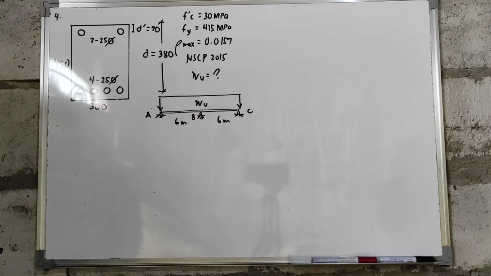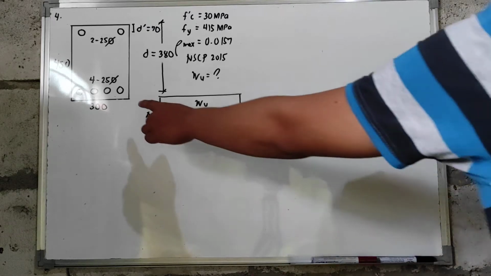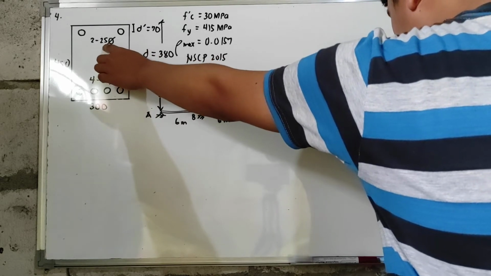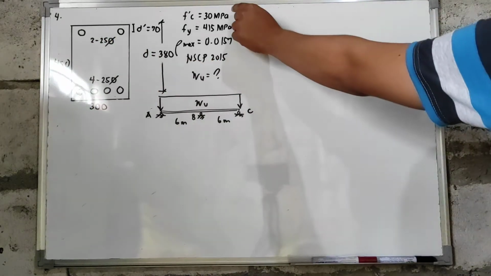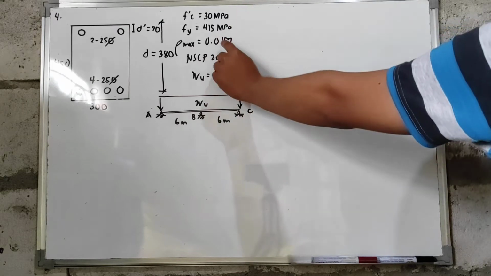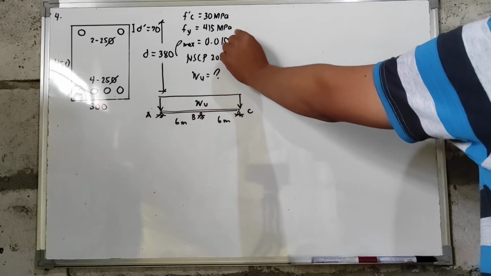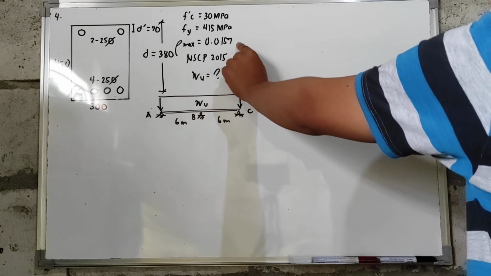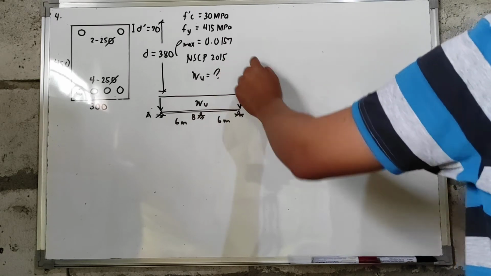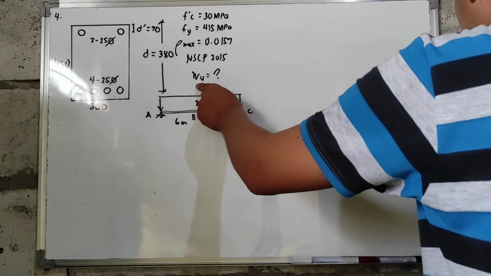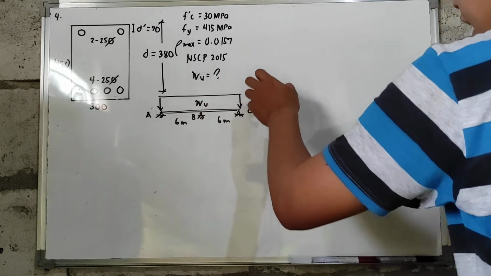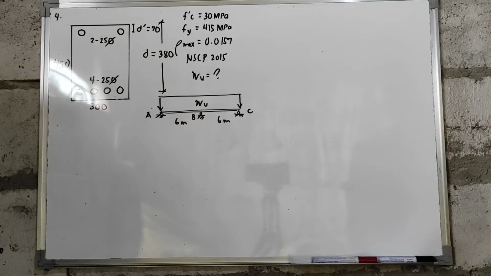The beam is reinforced with 25 mm diameter bars, 4 bars at the tension side, and 2 bars at the compression side. Concrete strength is equal to 30 megapascal. The steel yield strength is equal to 415 megapascal. And we have a given of rho max, which is equal to 0.0157. We are tasked to determine the value of the factored uniform load that the beam could carry using NSCP 2015